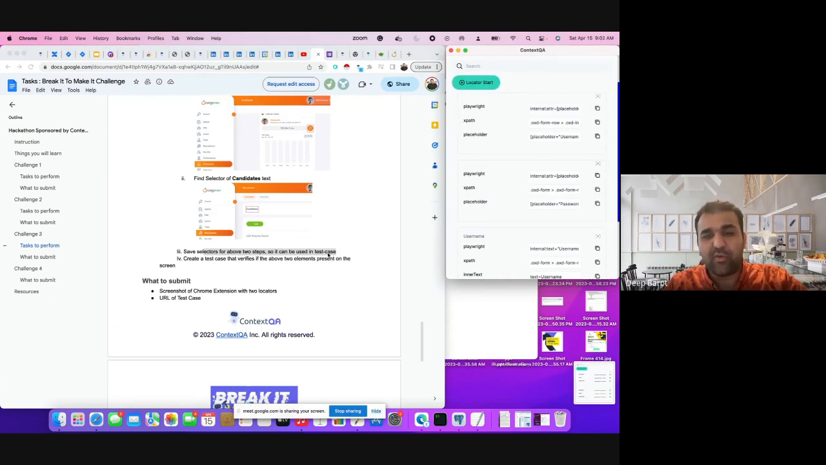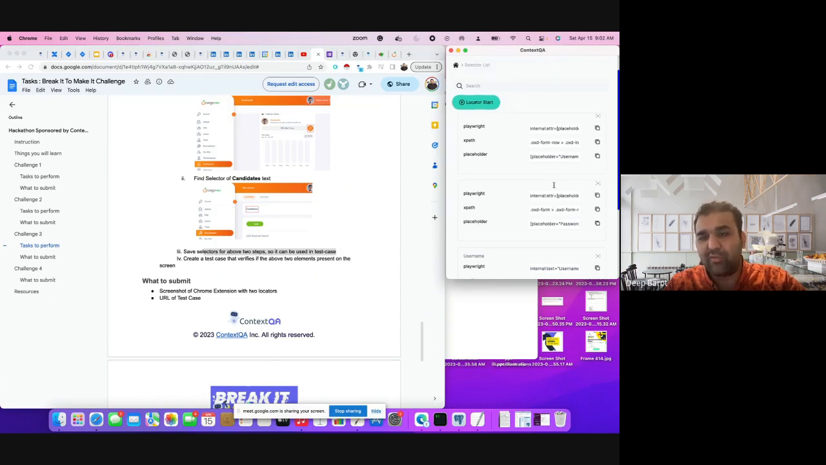And yeah, you can save these selectors as well. But are we on the same page on how to capture a selector using the Chrome extension? Okay,